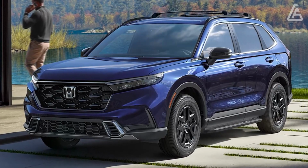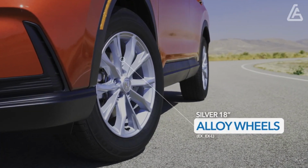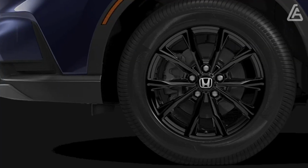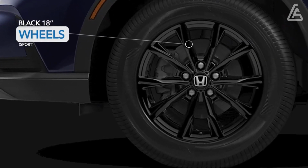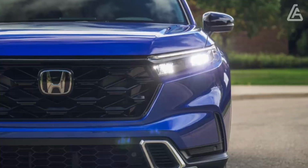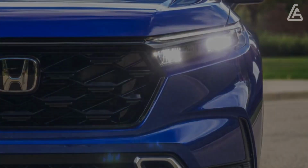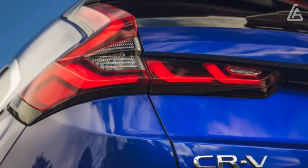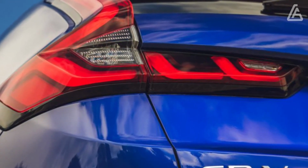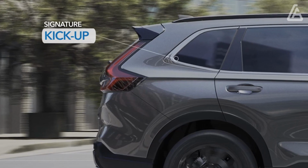fancier features. Honda has revised the CR-V lineup for 2023, refining it into 5 trim levels. The LX, EX, and EX-L are gas-only models. The Sport Hybrid and Sport Touring hybrid come solely with the hybrid powertrain, and those are the two we'd recommend most. The front-wheel drive CR-V Hybrid Sport is enticing. It comes at a reasonable